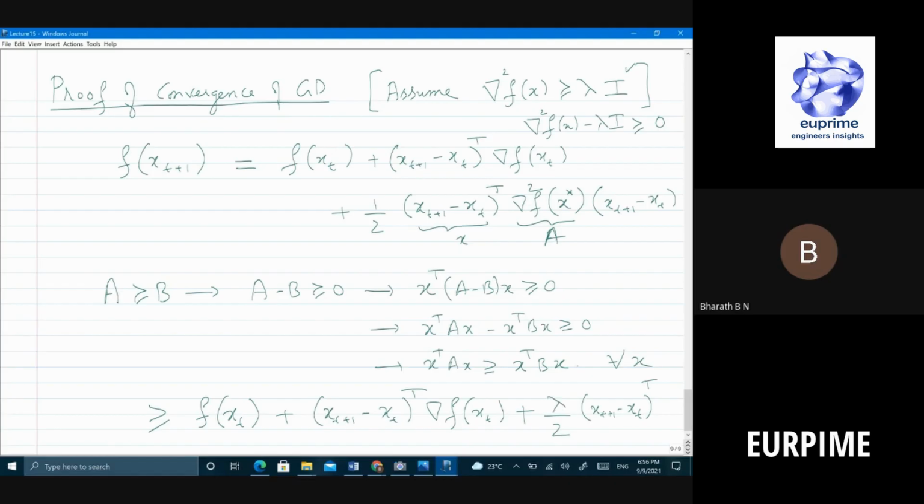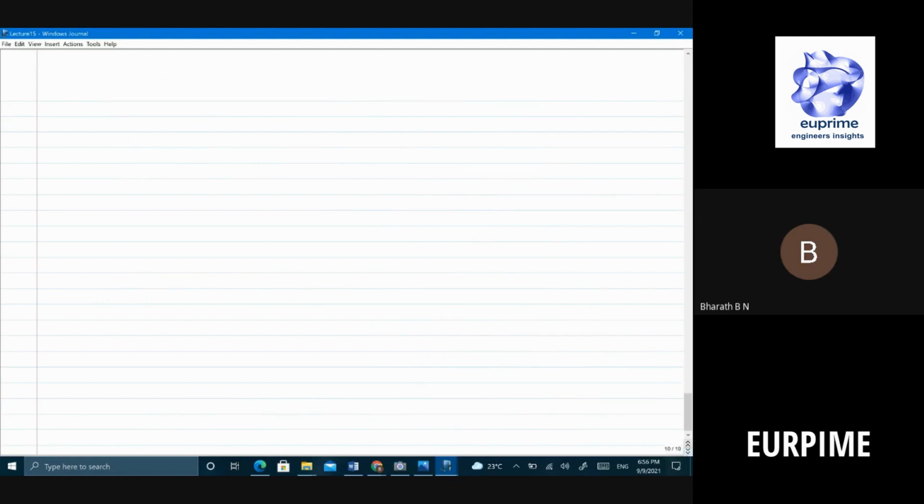Identity times xt plus 1 is xt plus 1 minus xt, right? Clear? I can replace it by this. Okay, so this will be equal to what? F of xt plus 1 plus xt plus 1 minus xt transpose gradient of f of xt plus